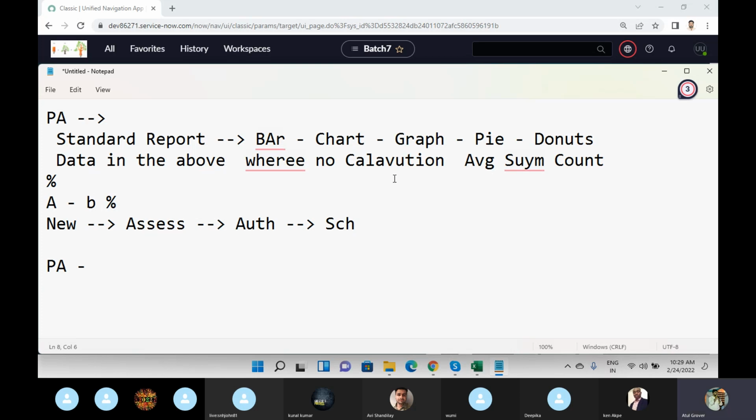So PA is a separate module in ServiceNow. First of all, it is a licensed one, it is not free of cost. Now, what does PA say? If you want to create a report, what do you need? You need a table, you need a type, and you need to configure. To do things in PA, you